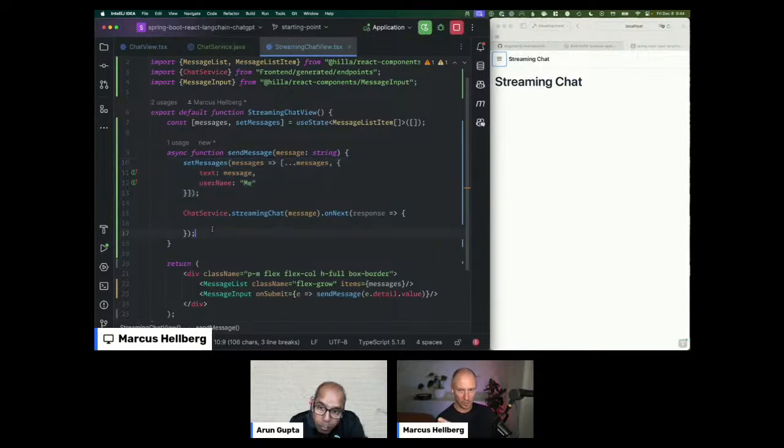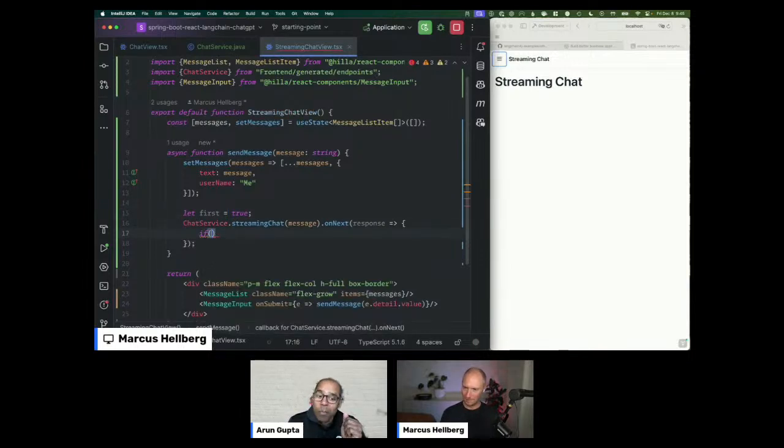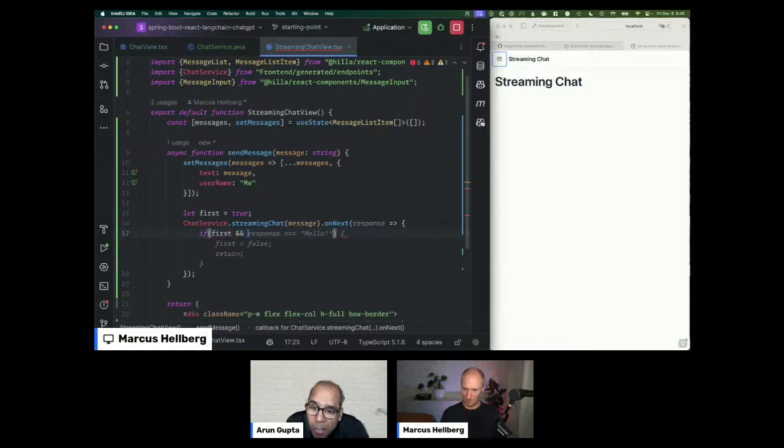So we want to show the response message when we get the first word, and then after we've shown the message, we start appending words to that existing message. So we need to handle the first word differently from the rest of the words. That's a common thing, right? You're typing a sentence. How do you handle the last comma? How do you handle the first word? These corner conditions are always there.